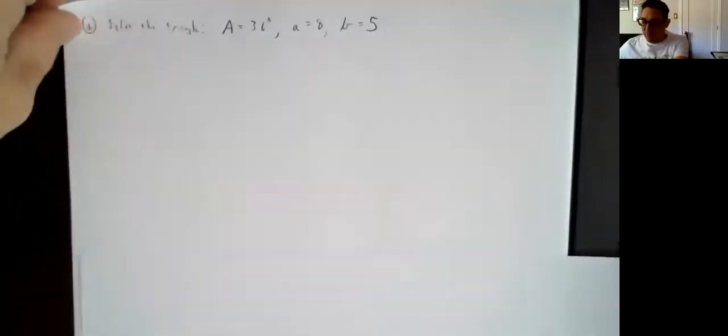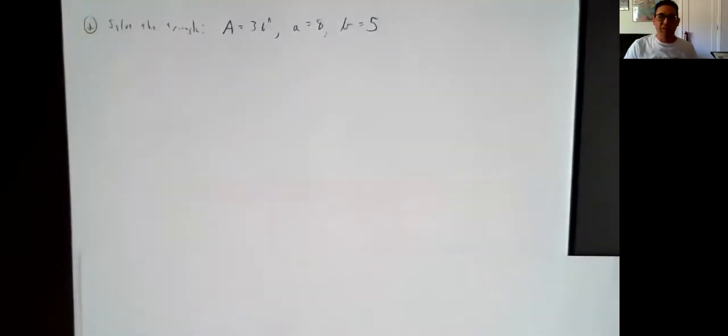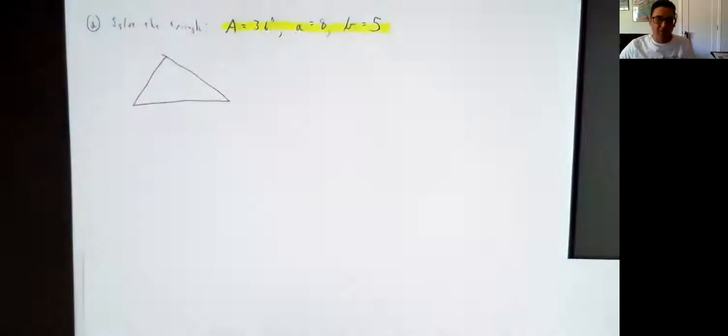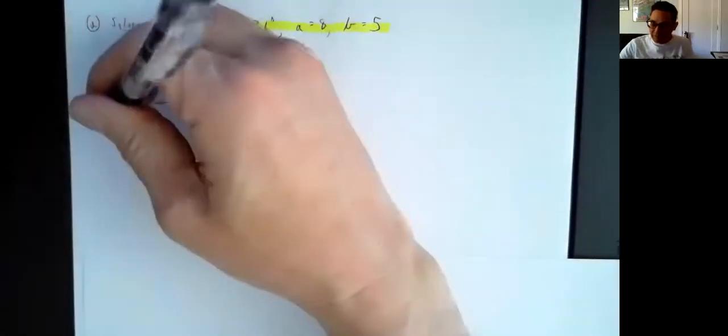Okay, so we're going to solve that triangle. Now this time, notice they didn't give a picture. So I'm going to highlight what's given. And this is all that's given, so we know what was given and what we figured out on our own. But if they don't give you a picture, you have to draw it yourself. Now, I don't know what the triangle looks like. It could be obtuse, it could be acute, but just draw a random triangle and just label the sides anywhere